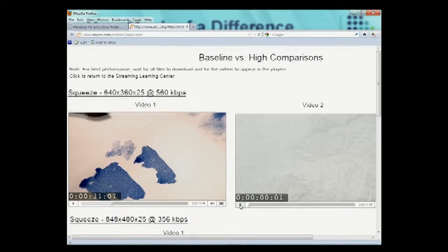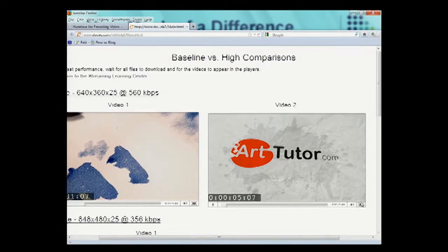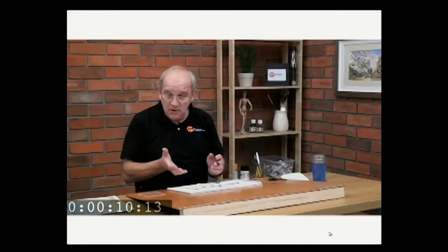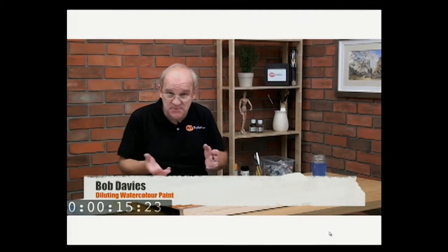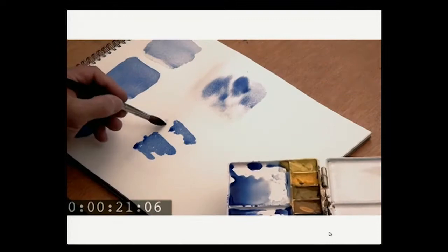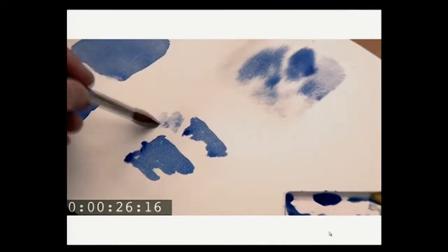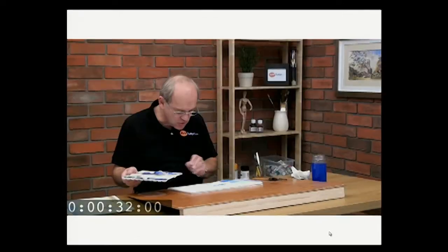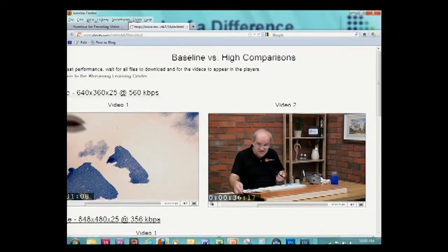And let's go to video 2. And let me get that full screen. Now, I'm often asked, what is a watery wash, or what's considered to be a watery wash, what's considered to be a strong wash in watercolour paints, and a medium wash. It's still able to be controlled, and it's going to stay. It's spreading slightly here and there, but it's able to be controlled a lot better than you can here. Okay. Having said that,